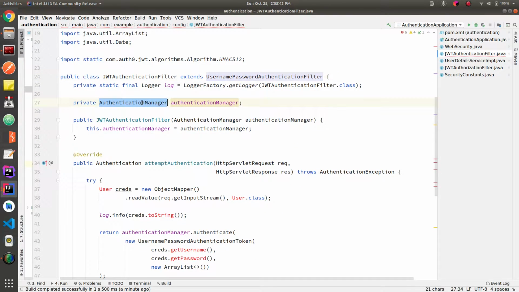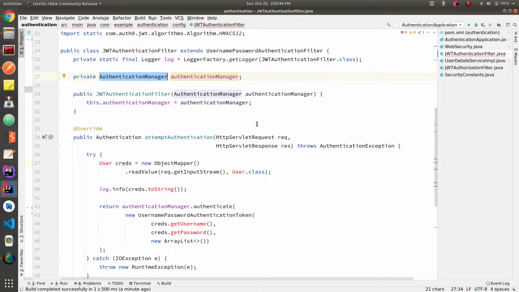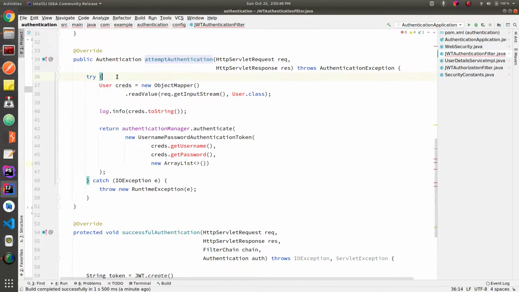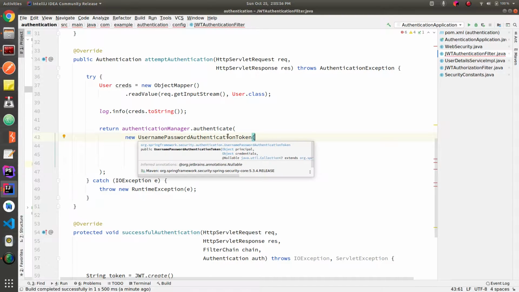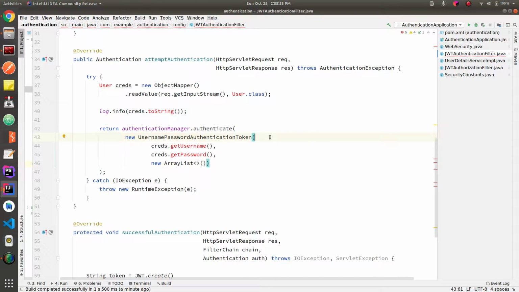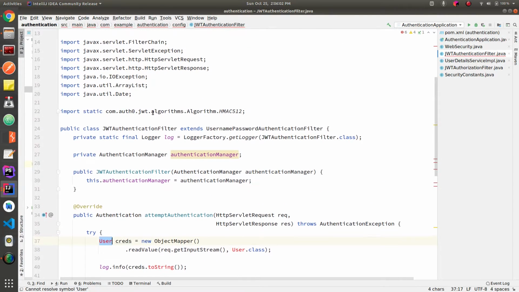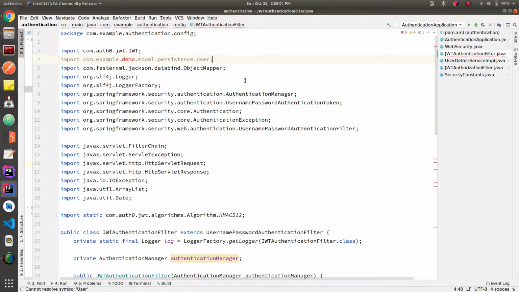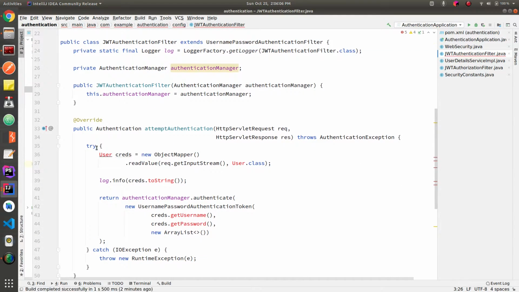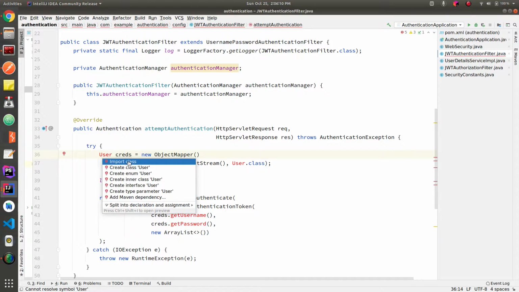The first one is attemptAuthentication, and in this method we are trying to fetch user credentials and passing them to a constructor which is the username password authentication token. So the purpose of this method is to fetch the credentials and pass them on to the authentication manager for authentication. Here I'm changing the user to a user entity.